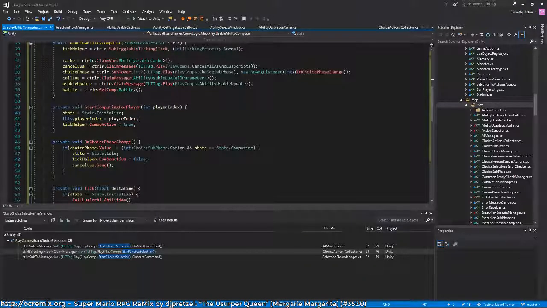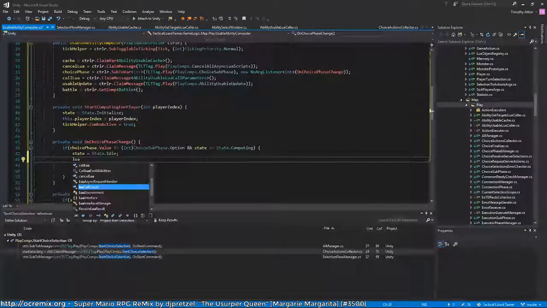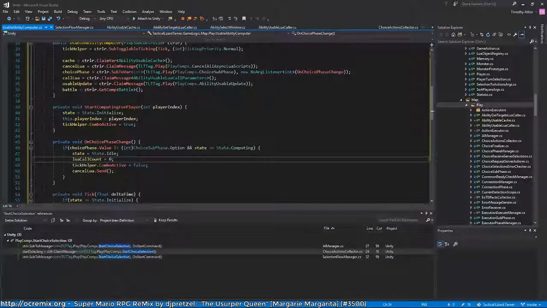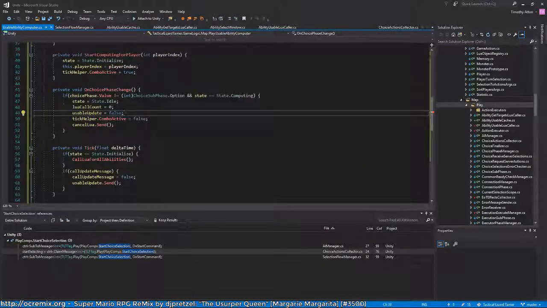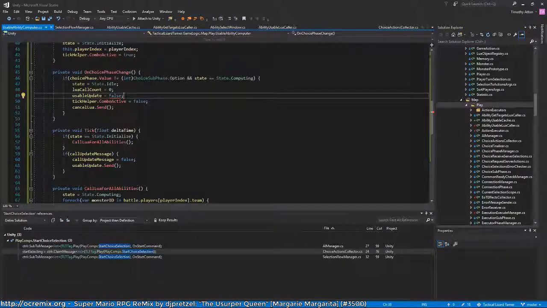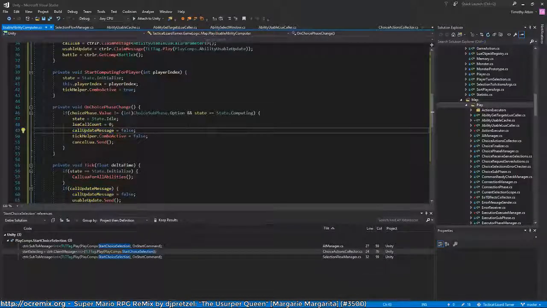Okay, and then also here I should set the Lua call count to 0 and turn off this. Wrong variable. Okay, so